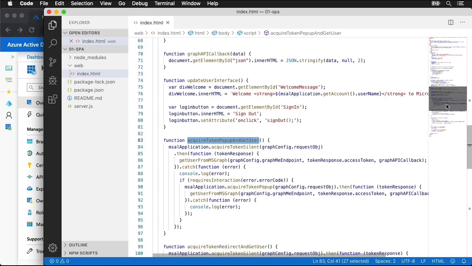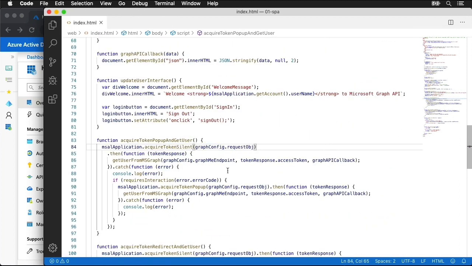So what does this code do? So what this code is doing is this code is going to say go acquire the token silently. And what that does is that tries to get the token out of the token cache for the specified endpoint for the current user with the appropriate scope. And if it finds that token in the token cache and that token is still valid, in other words, it has not expired, then I'm going to take that token that we're going to get back here in this then statement, and I'm going to use that